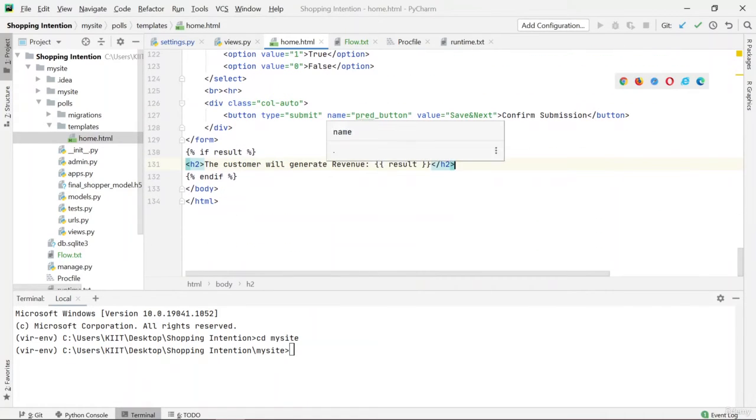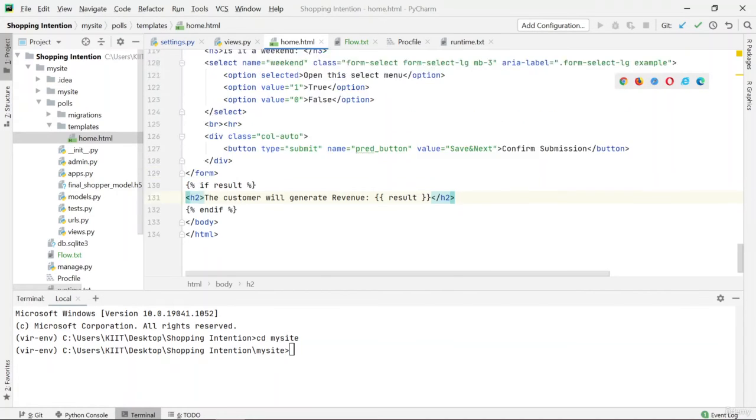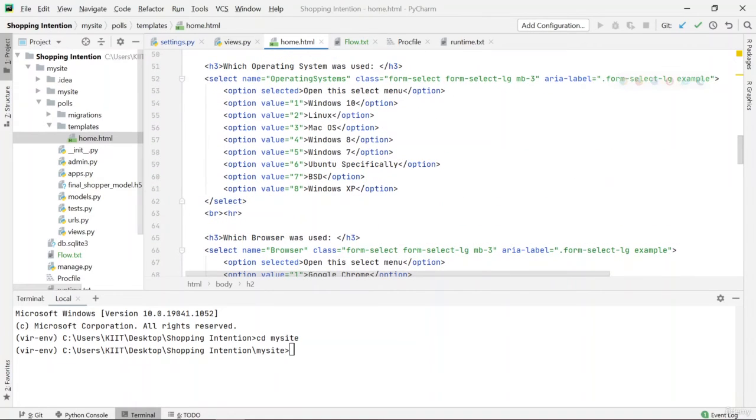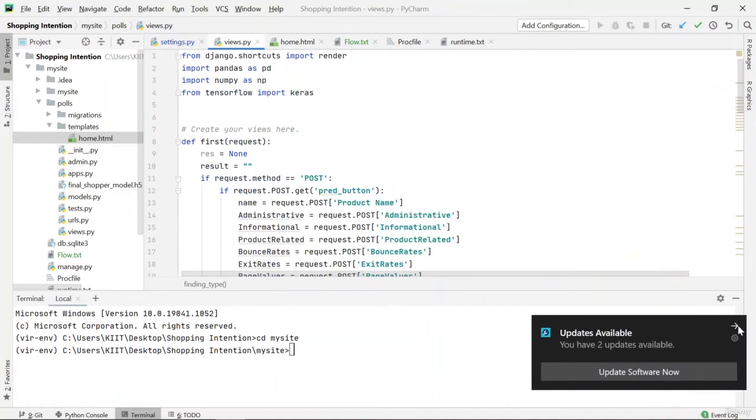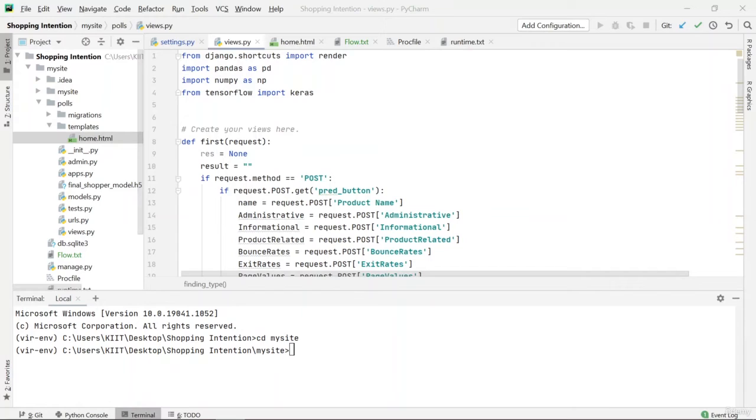So yeah, this is the part where I would say that the Django Web Framework is helping us develop a web application with much ease. All of these, like the views, the admin, apps, URLs, are predefined or pre-made, and I just have to modify or add code into them.